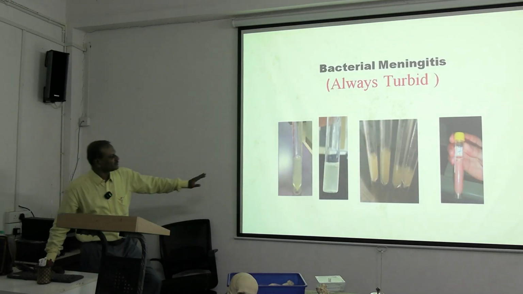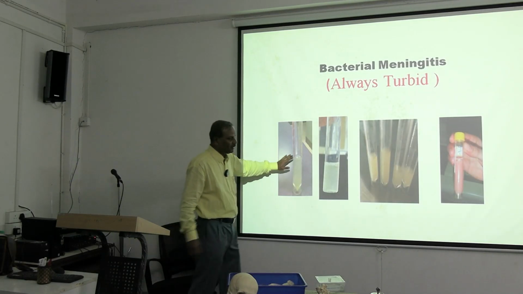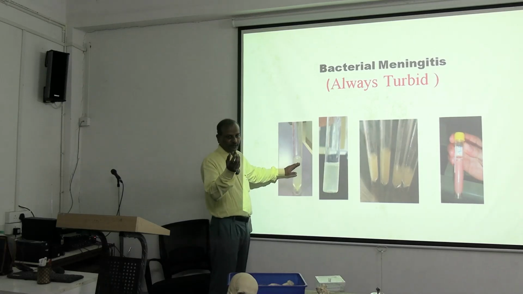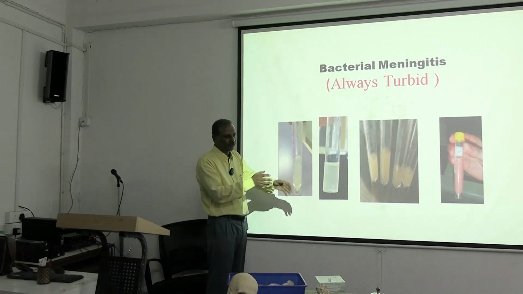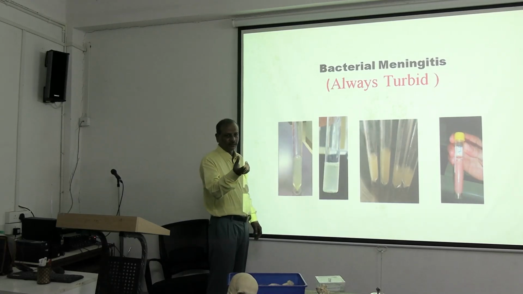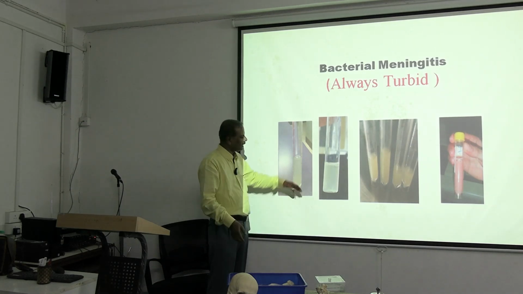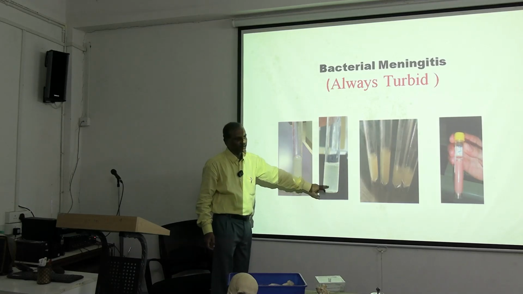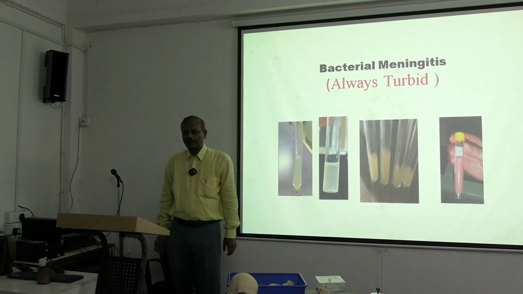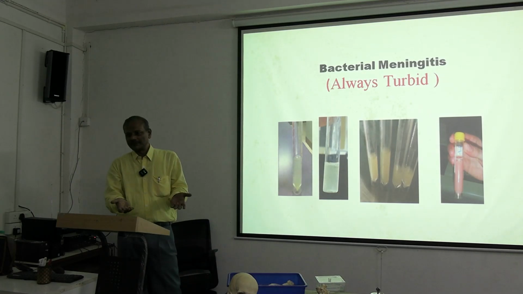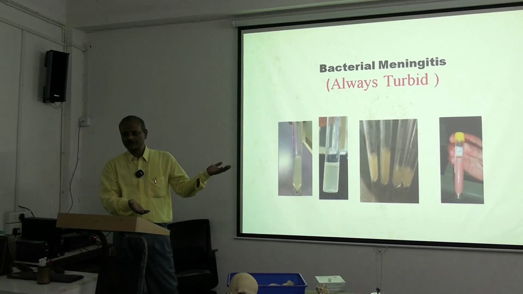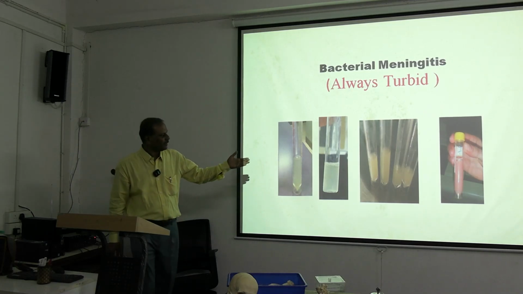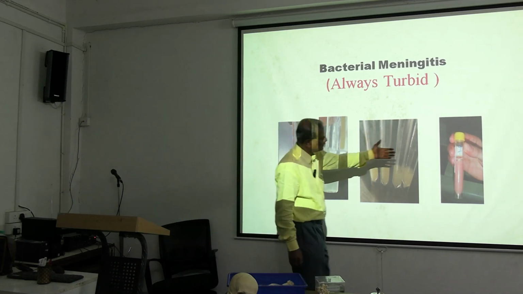Now bacterial meningitis. If you have pus anywhere in the body, collect it in water, add a little bit of salt to it so that it becomes saline, and give that pus into that water, you will get a color like this. So while you are puncturing CSF, you will be able to diagnose whether it is a bacterial meningitis or not. And if it is very severe, you can see a frank pus.